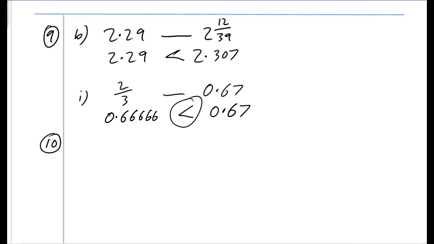Number 10. What it says, express each first quantity as a fraction of the second quantity and express it as a fraction in the simplest terms. So say I'll do number 4. The first quantity is 20.6 kilograms. The second quantity is 12.5. So express each first quantity as a fraction of the second. So the second quantity that you're given in this question goes